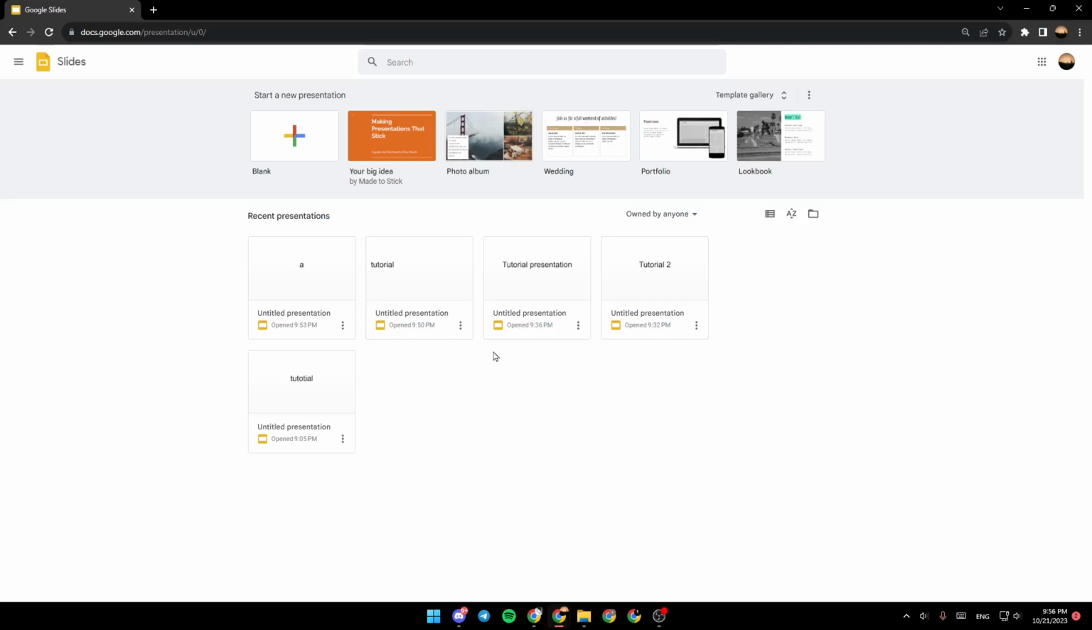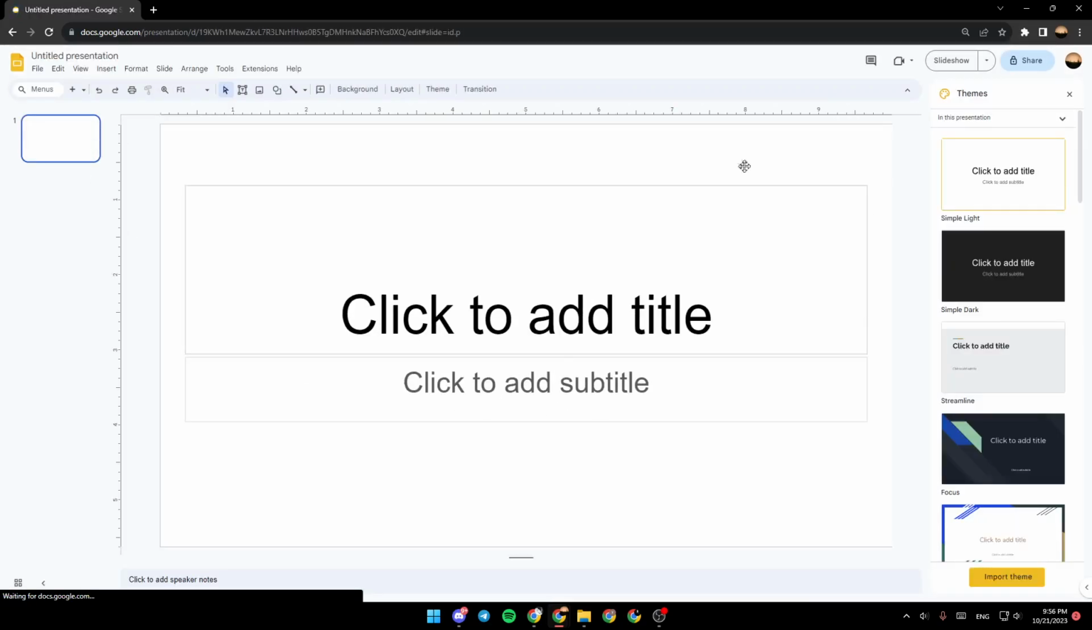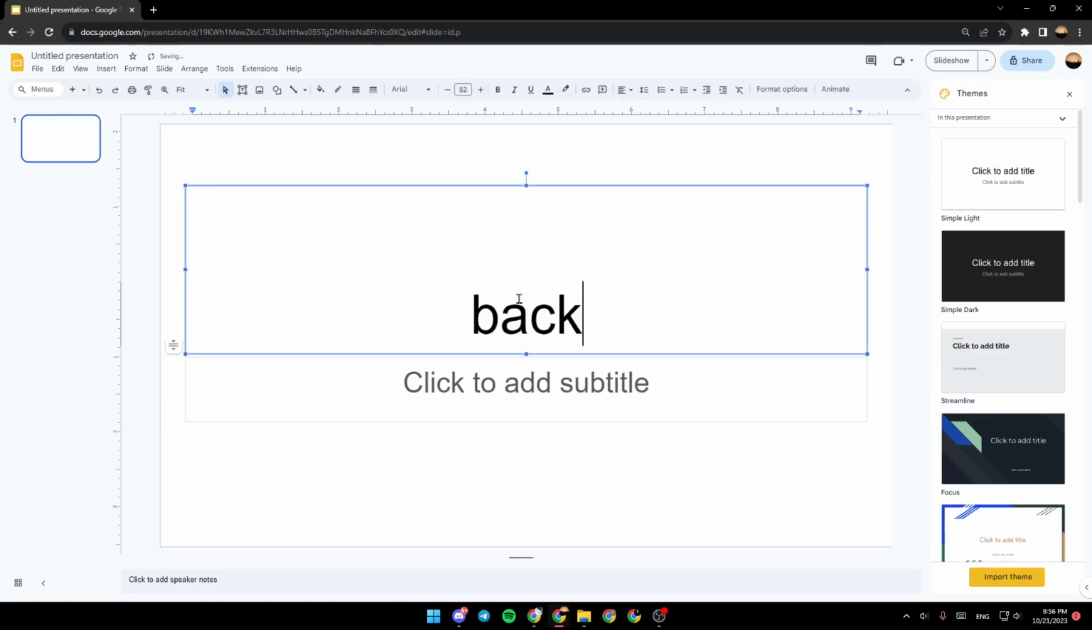So the first thing that we're gonna do is start a new presentation. So for example, you can choose a blank one or you can choose from the templates. So I'm gonna click on blank. And then as you can see guys right here, the presentation is added. So for example, I'm going to type background